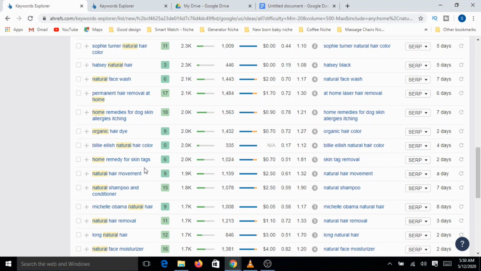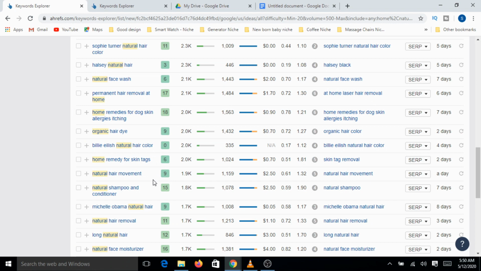The common intention is to know more about this particular topic. But why do I want to search for it? Because I have an intention to do this particular remedy at home, right? That means I want to understand the process, how this home remedy works.